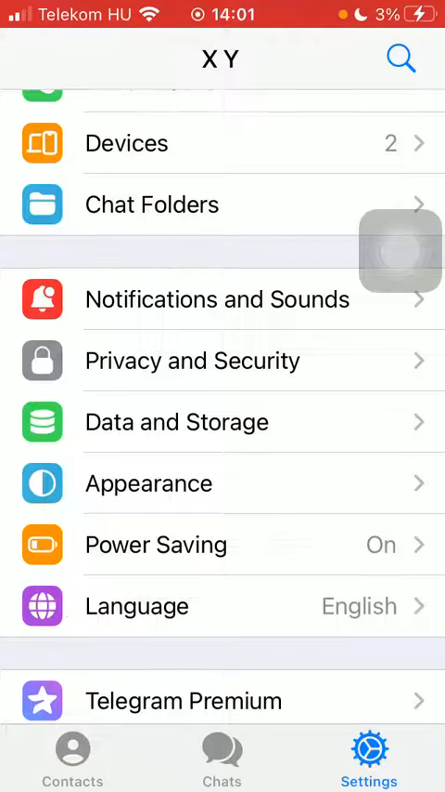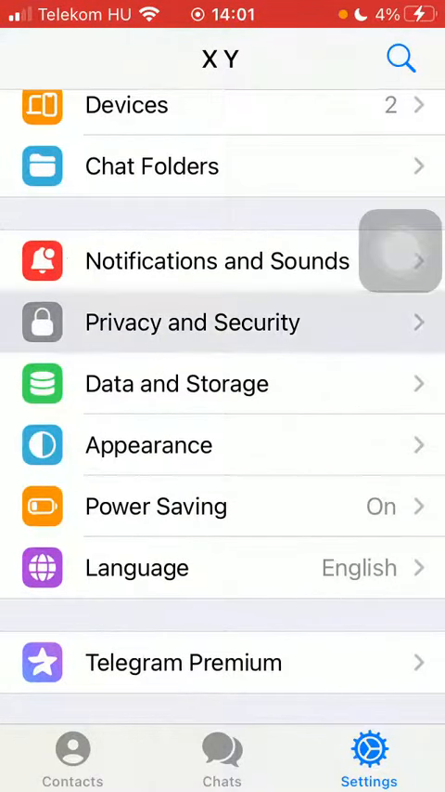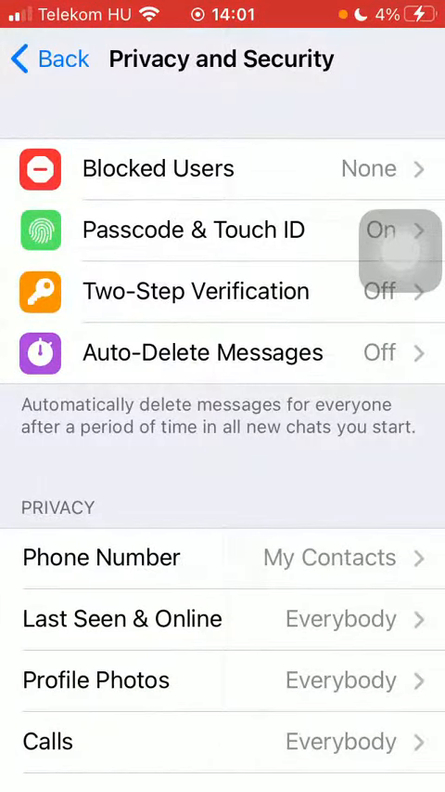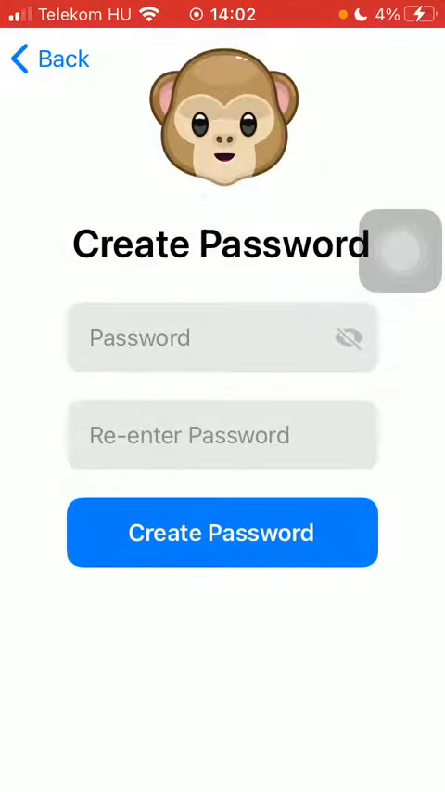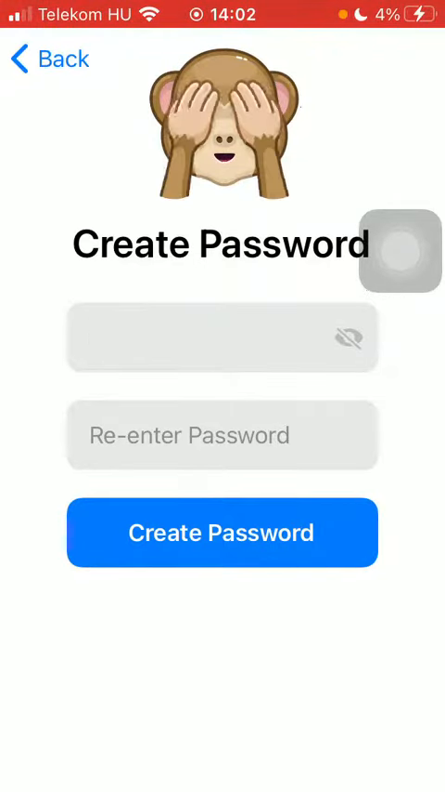First of all, open the application on your phone. After that, you should tap on the settings button down below in the right side corner of the screen, and then you should scroll down and click on privacy and security. Here you should click on the two-step verification button, tap on set additional password, and then you should type in your new password that you would like to set